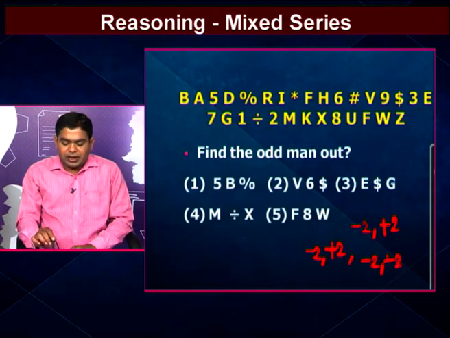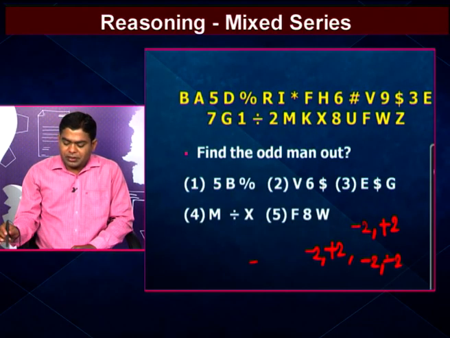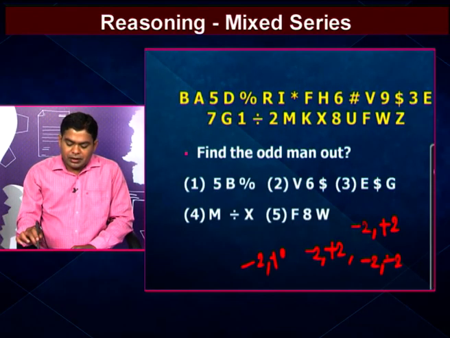After that we go to the next option, M division X. Here by observation M is there, division is there. That means the next element of M is the previous second element, that one is division. After that we go to the third element, X. That means that one is the followed second element of M, X. That means the fourth option also followed the -2 +2 rule. That means the first option, second option, third option followed the -2 and +2 rule.